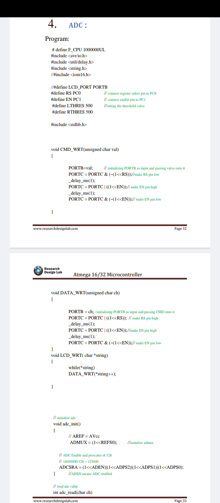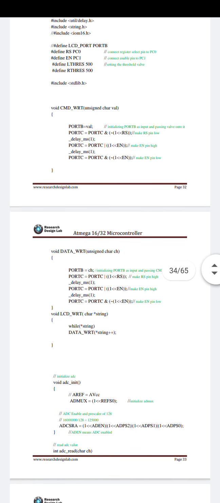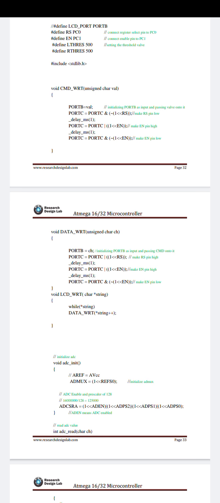Now the main part is starting here. #include <stdlib.h>. void cmd_write(unsigned char value) opening bracket, PORTB = value. Then PORTC = PORTC & ~(1<<RS), that means the RS pin is low.